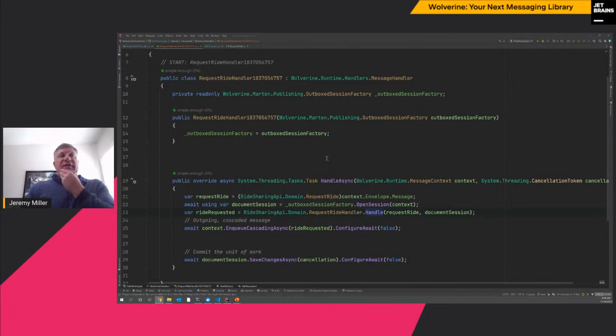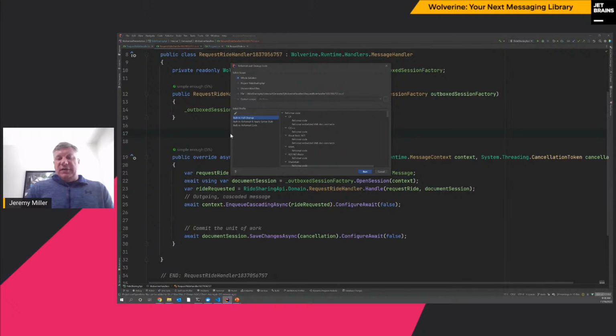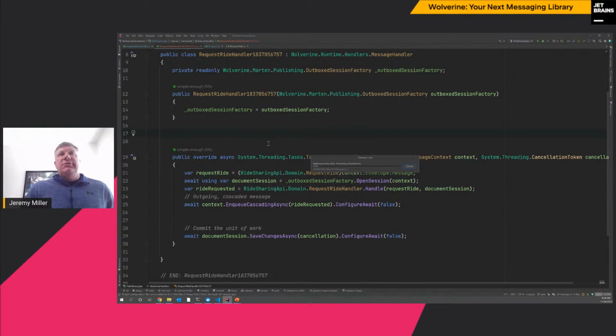And our dog Chewy is being a critic here. It's ugly code. I mean, it's generated code, so it's always ugly. Let me see if I can make it look a little bit nicer